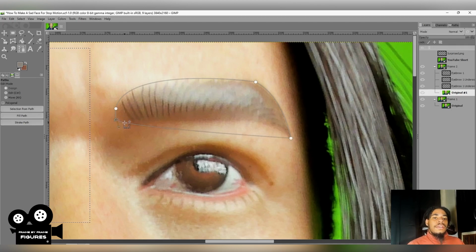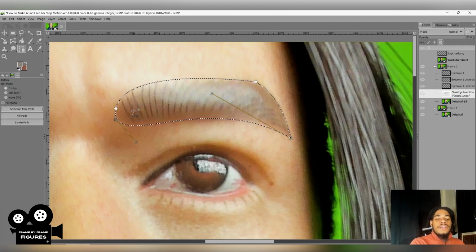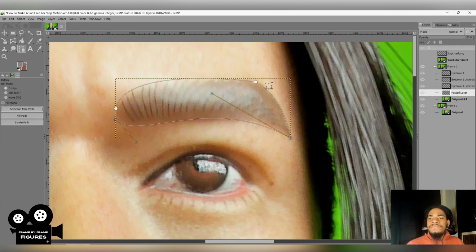And I'm going to bring that down a little bit, and I'm going to drag from this direction a bit to get that kind of sloping, curvy looking situation going on, and then drag here as well to get that kind of long elongated S shape, right? And then click selection from path, Control C to copy, Control V to paste, Shift Control N to put it on a new layer. Let's carry it to the top, and then call it eyebrow 2,